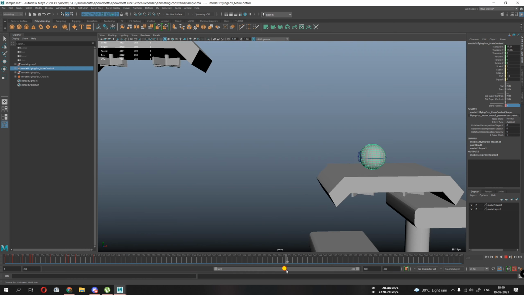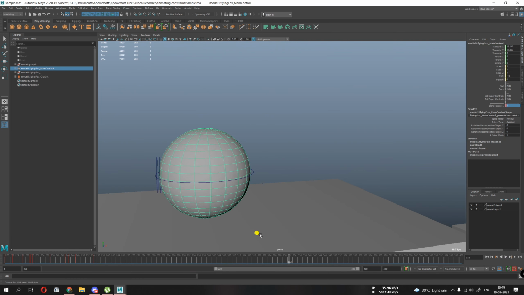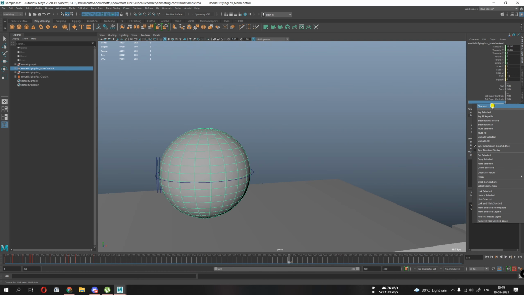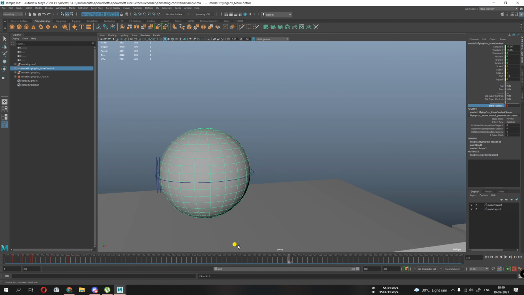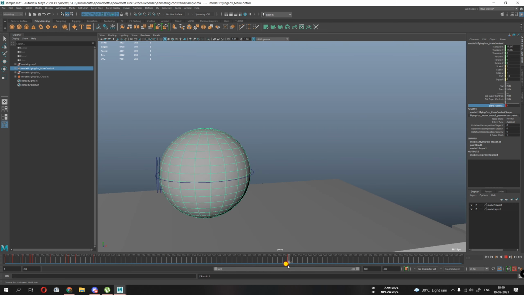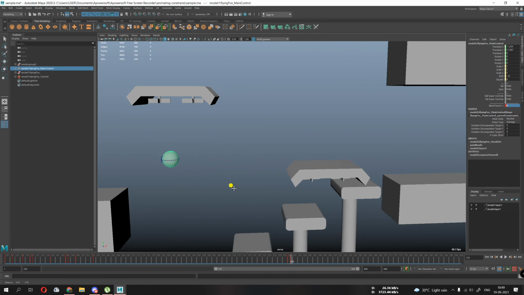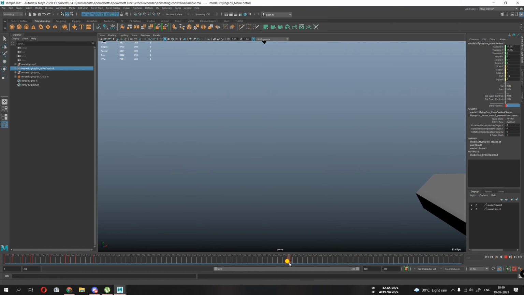We need to do the same next. Let's say we want to make it jump out of the platform after 332. So we make it stick till 332, so we key selected till 332. We need the value from 245 to 332 to be 1. 1 means it will follow the platform, and from this point we want it to not follow the platform. We put it 0. As soon as we put it 0, it took the older value where it was.